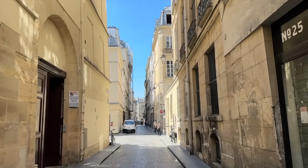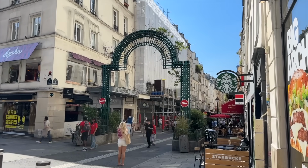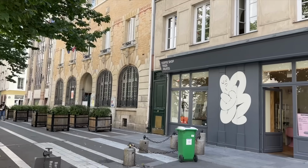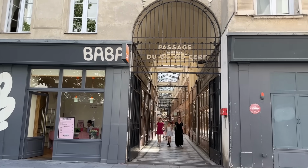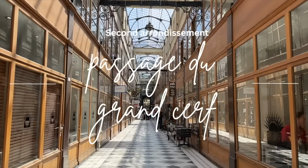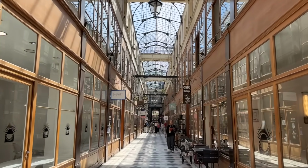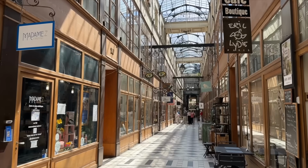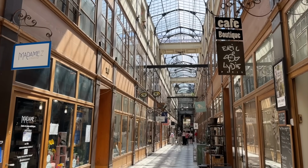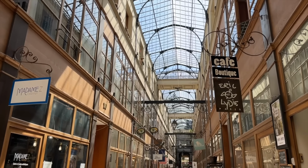The Passage du Grand Cerf is located in the 2nd arrondissement, not far from the market-style street Rue Montorgueil. It was built in 1825 on what was pre-revolution the terminus for the Royal Mail coaches. The history of this passage is closely linked to the surrounding neighborhood, which in 1830 was the most working-class and industrial in Paris, home to small factories and workshops. Today, the Passage du Grand Cerf is no different, bringing together artisans of all trades such as jewelers, fashion designers, and leather